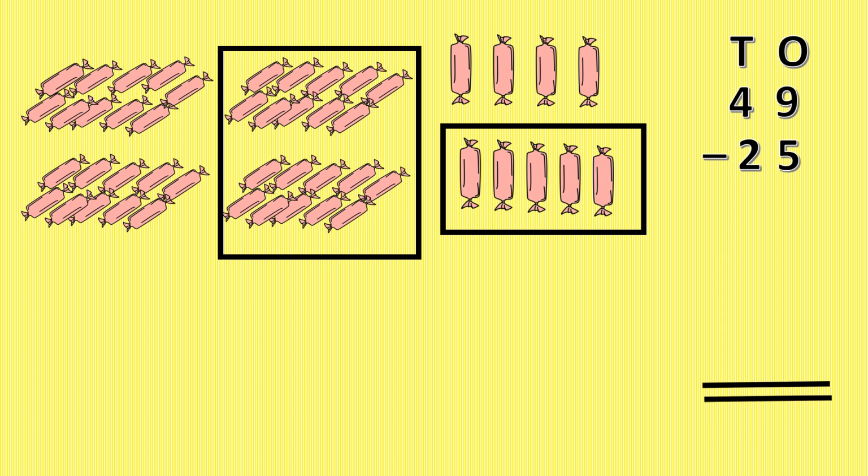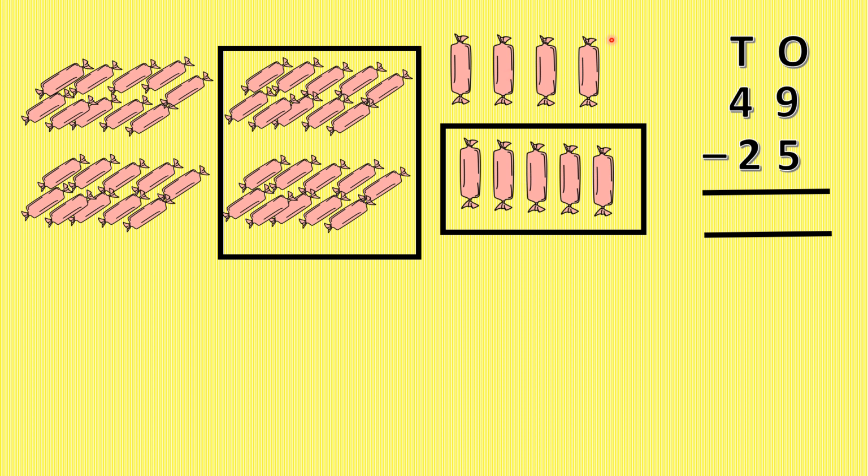Now, since this is subtraction, we put the minus sign and now let us subtract. We have to start subtracting from the ones place. So the ones place numbers are 9 minus 5. 9 minus 5 is how much? You can do this by opening 9 fingers and then closing 5 fingers, and whatever is left is the answer. Or you can do this by counting forward, starting after 5. So after 5 comes 6, 7, 8, 9. 4 steps forward. So 4 is the answer. Or we can see here there are 4 chocolates which are not inside the box.